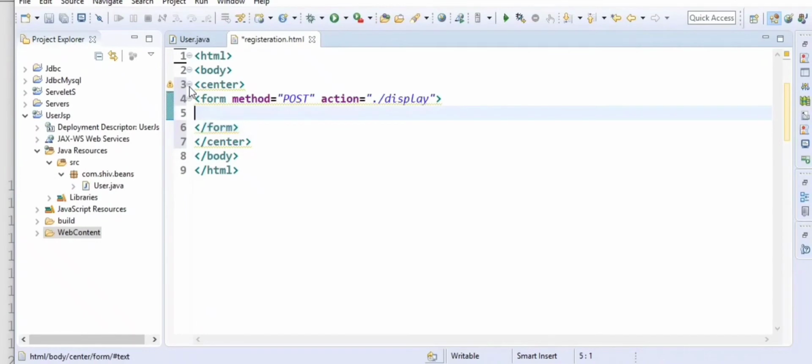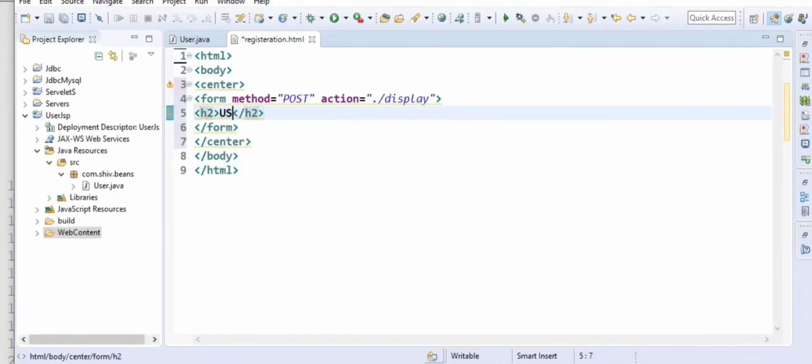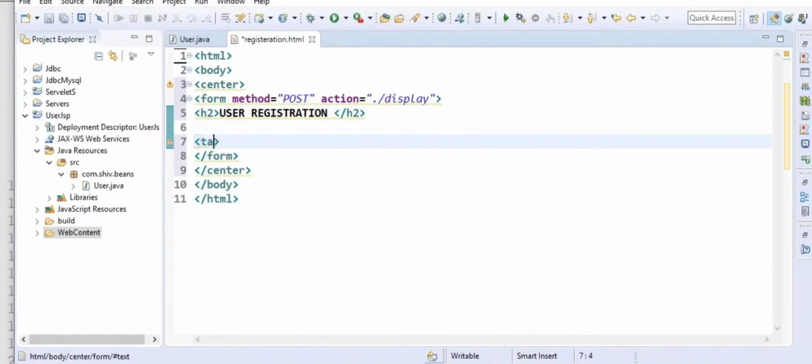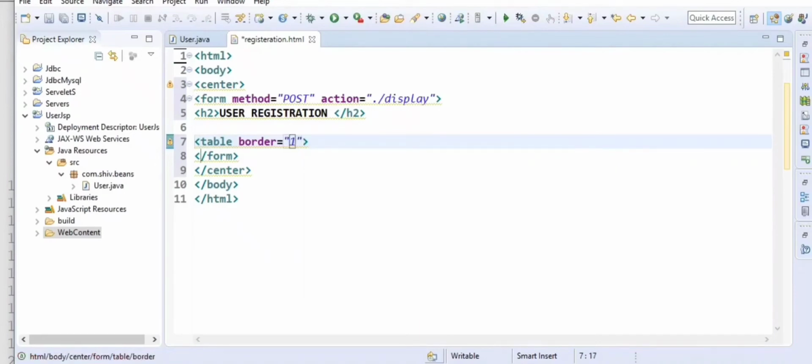So for heading here, let's take an h2 as user registration, and inside this let's take a table with border 1.